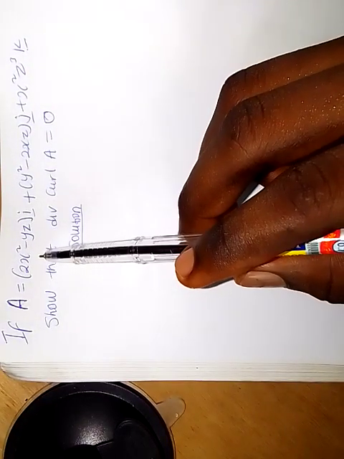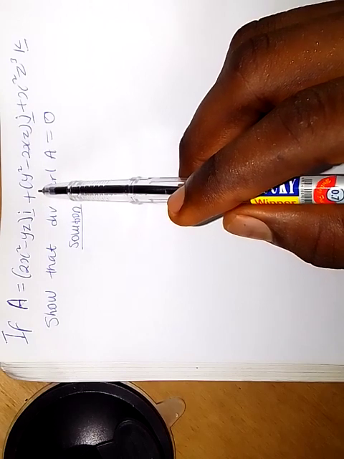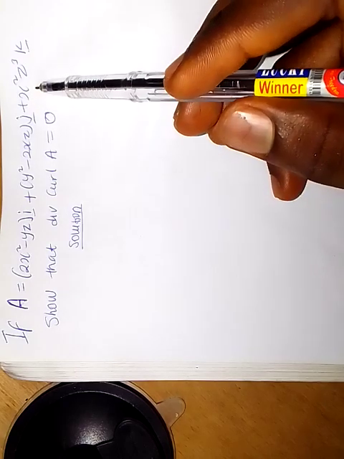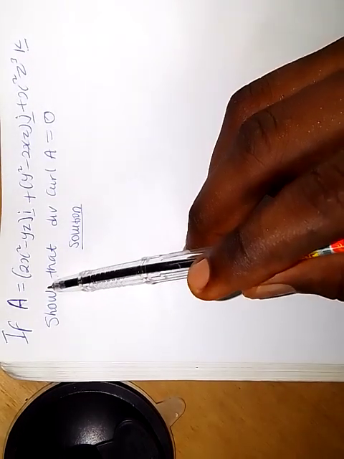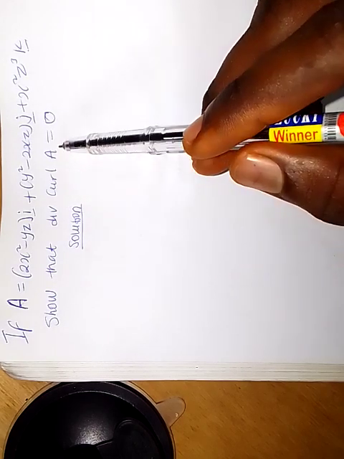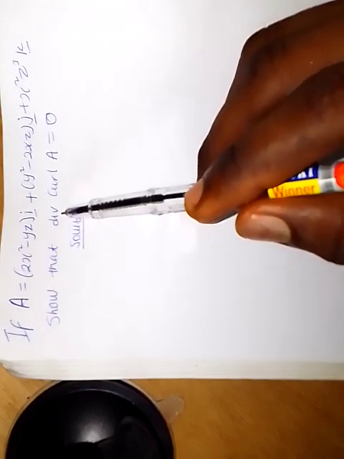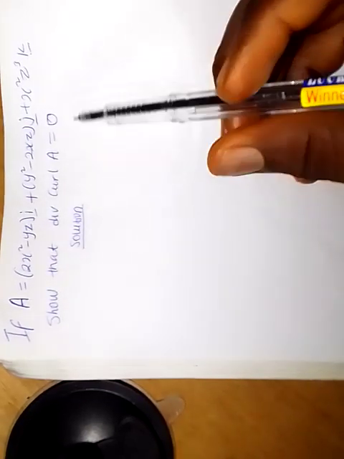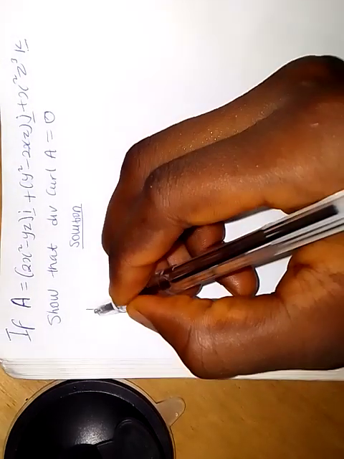If A equals (2x² − yz) i unit vector plus (y² − 2xz) j unit vector plus x²z³ k vector, we have to show that the divergence of the curl of A equals 0. So how do we show that the divergence of the curl of A is equal to 0? The first thing we have to understand is that the divergence of curl A